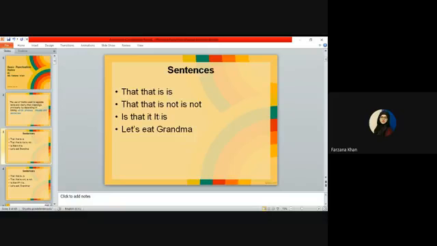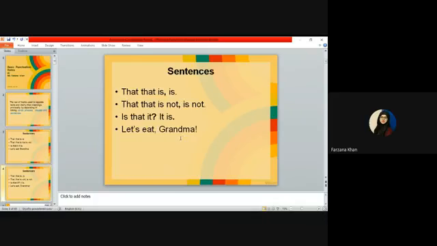So we cannot say that these are sentences, because a sentence is a group of words which gives a complete sense. These are groups of words, but they are not giving the complete sense. Here is the last example: "let's eat grandma." Although it's making a sense, it is an illogical and very dangerous sense, that the writer is going to eat the grandma. Well, let me show you the same sentences again.